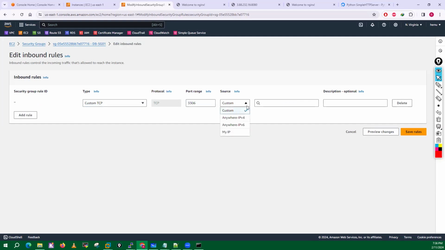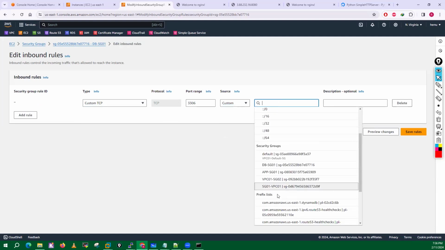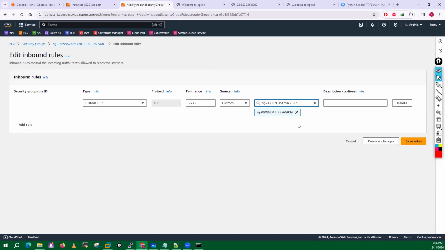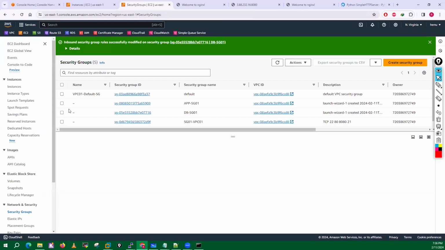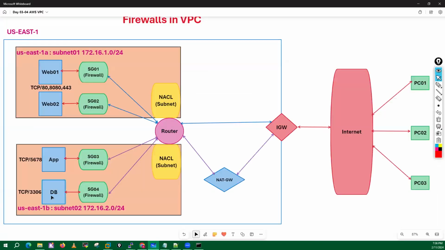And what I will do, I will define the security group, which is my F security group. Now this F security group is associated with my F servers only, right? So now the traffic which is coming from this DB, see what I have done, when I've created the rule in this source, I've defined this. And this particular security group is associated with this FVM, means now from this database server, this FVM can